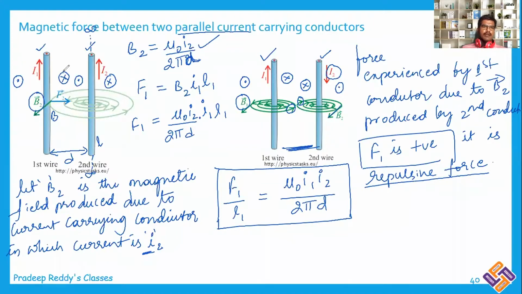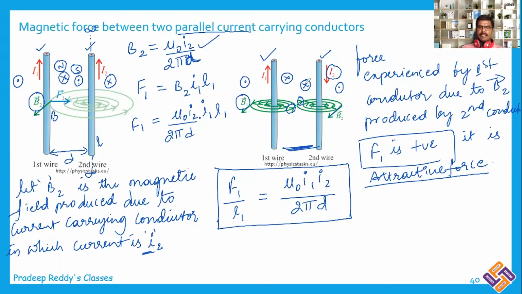Oh, I'm sorry, in the first case it is attractive. So in the first case we have a north pole and a south pole. Let me take this as north and this as south. Both are opposite to each other, therefore it is an attractive force. I'm extremely sorry. That is an attractive force in the first case. You can verify that here it is north and here it is south. One is into and the other one is out. That's the reason why it is an attractive force.